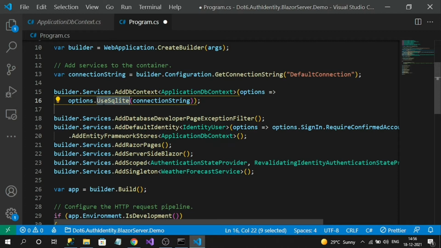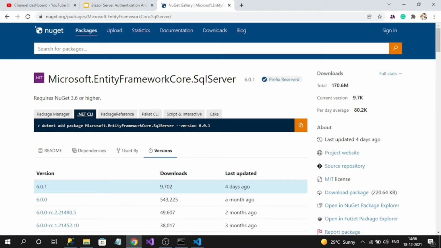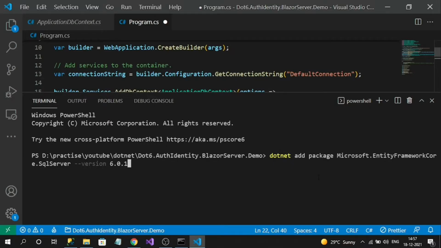So the first thing is we have to install the Entity Framework SQL dependent library. I want to install Microsoft.EntityFrameworkCore.SqlServer. If you are using Visual Studio, copy the command from Package Manager. Since I am using the .NET CLI, I am going to copy from here. So let's install the package.